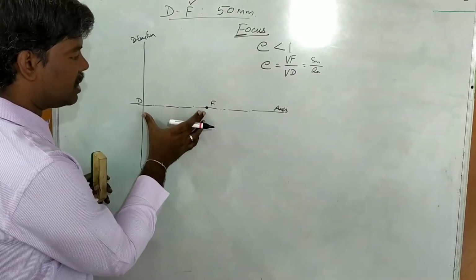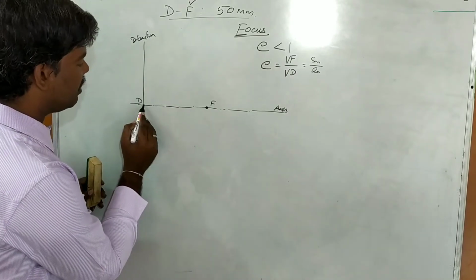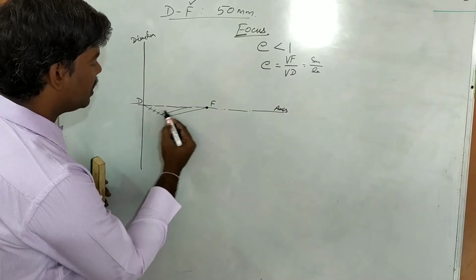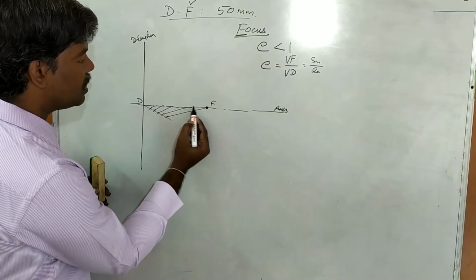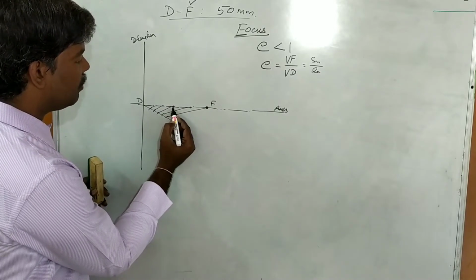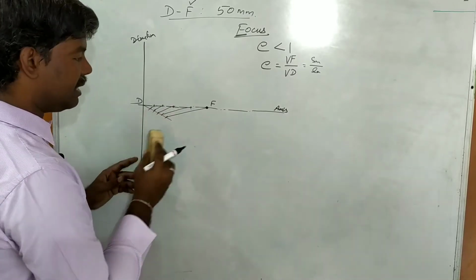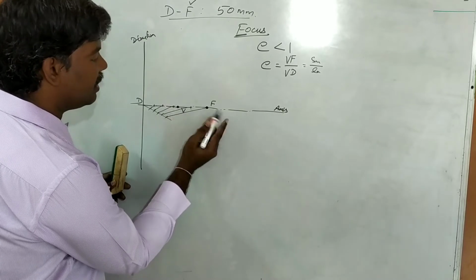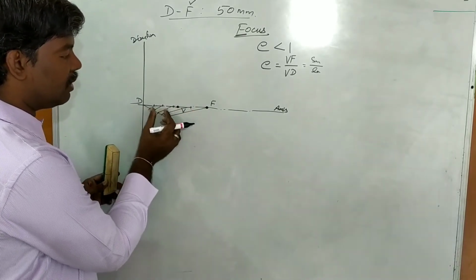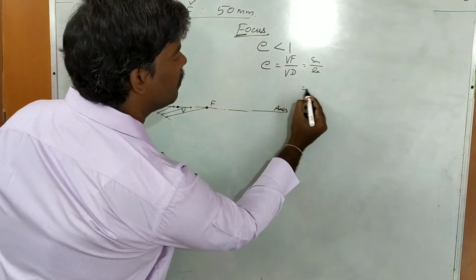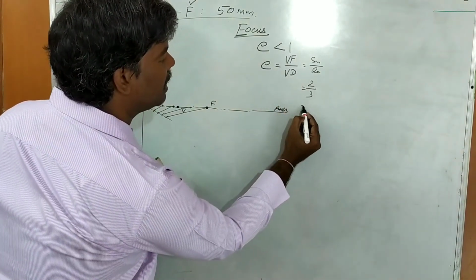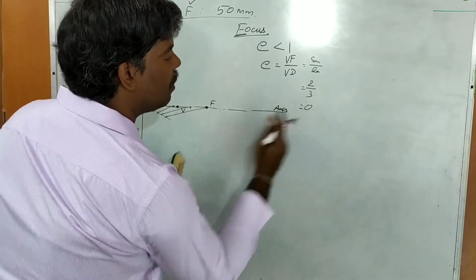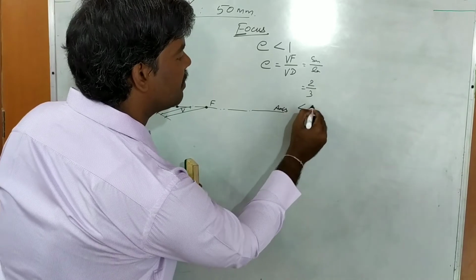you know that the total distance D to F, directrix to focus, you divide into 5 equal parts. Already you know this, the divide a line method. Then you draw parallel lines. So it is 1 equal part, 2 equal parts, 3 equal parts, 4, 5. So you measure. This is the vertex point at 2 equal parts, here 3 equal parts. So 2 by 3, which is less than 1, so the name of the curve is ellipse.